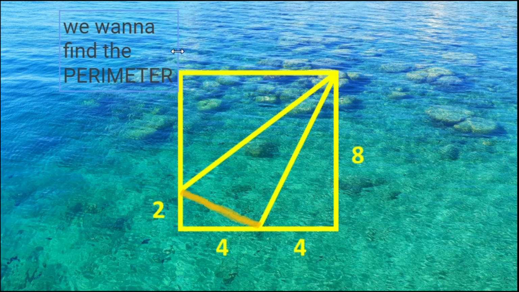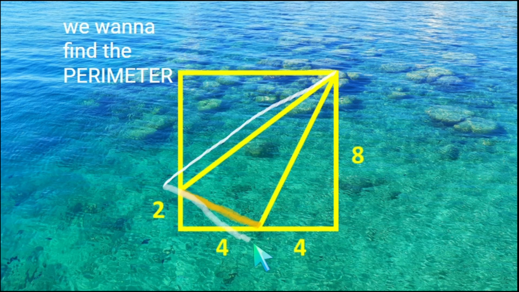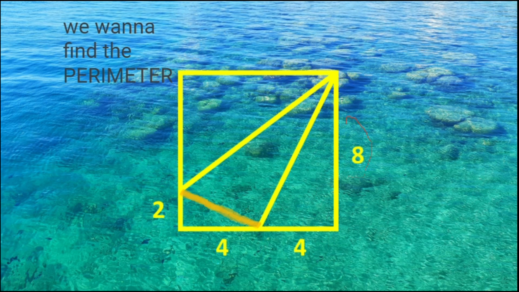Alright, so for today's problem we have a square with a triangle inside of it, and we want to find the perimeter of it. The way we're going to do this is we have all these different values for the legs of the triangles and the outside edges. So we're going to find the lengths of the edges, and we're going to work inwards to find the sides